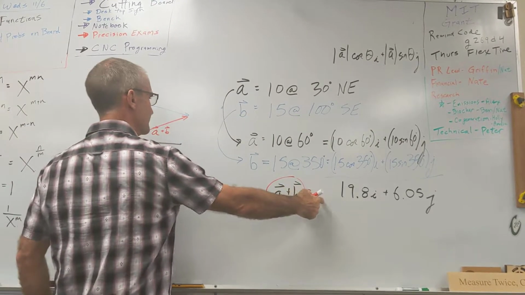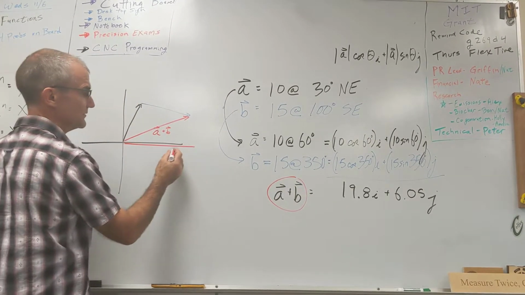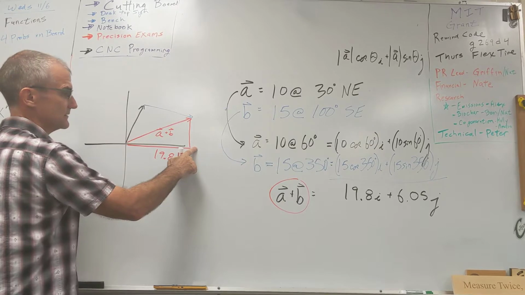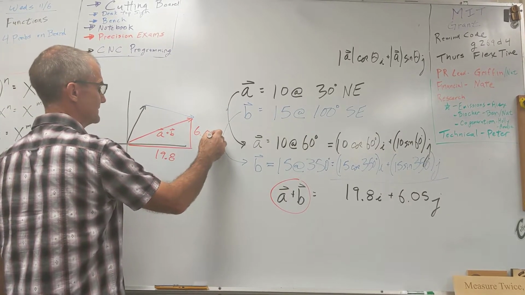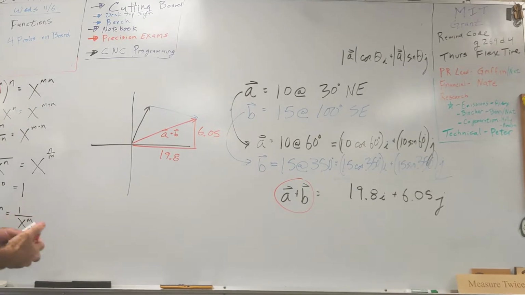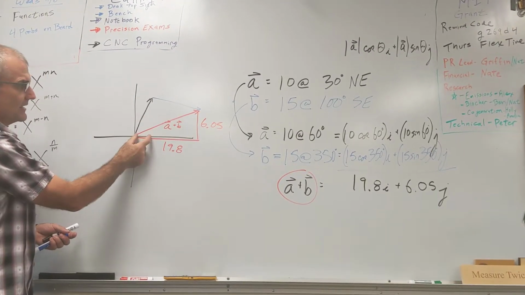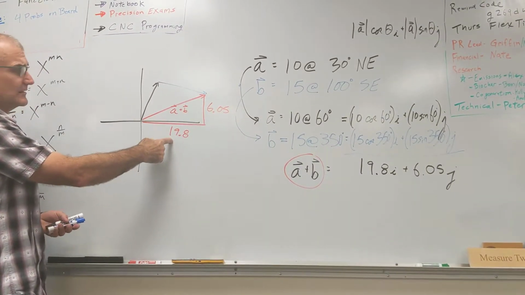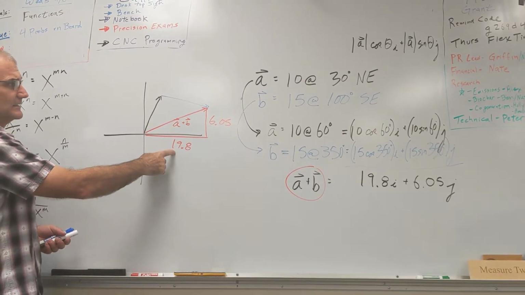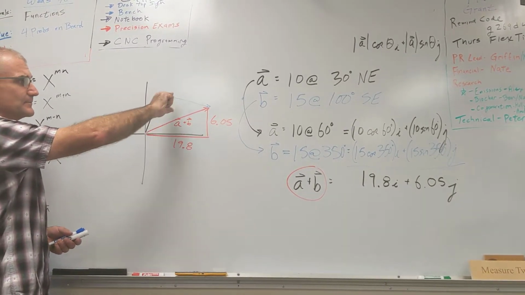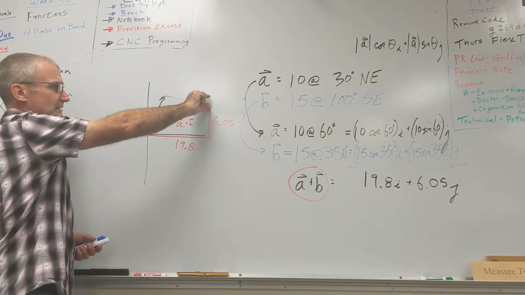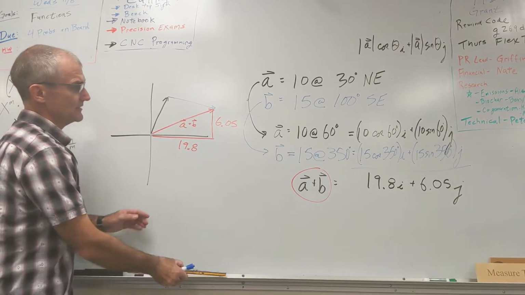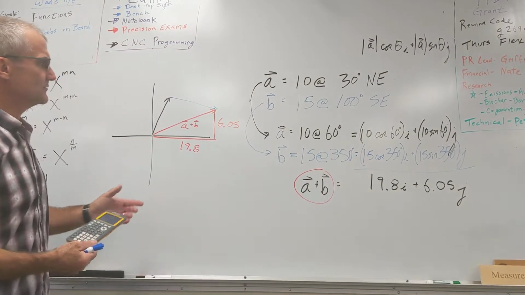And what I'm saying here with my component form is this horizontal component is 19.8 units long. This vertical component is 6.05 units long. And the way I got that was I figured out the horizontal component of that black plus the horizontal component of that blue, added them together, giving me the 19.8. I took the vertical component of that black, the vertical component of the blue, which was negative, added them together to get the 6.05. So if I want to convert my answer in component form back to a magnitude and direction,